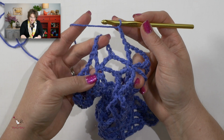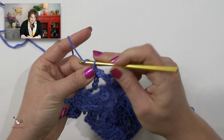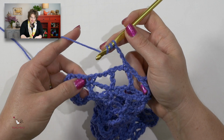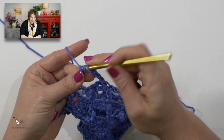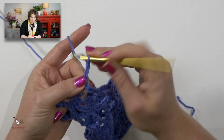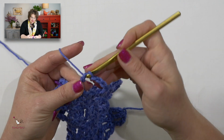go to the next V-stitch, chain 5 of the V-stitch, okay, it's right there, and I will do a single crochet right there. Then I will chain 3, and I will put a large V-stitch into this single crochet space. So let's go ahead and do that. So there is the first treble, then I will chain 5,